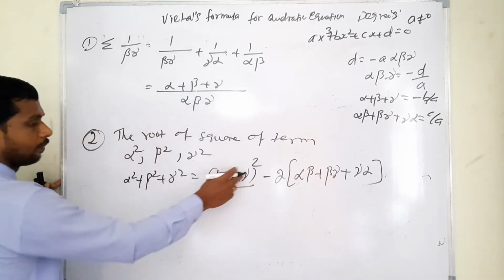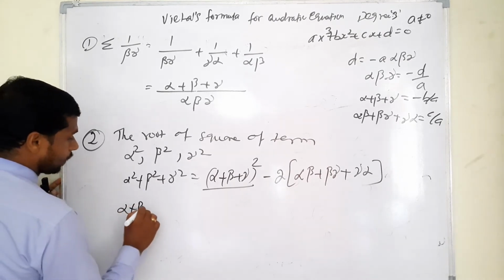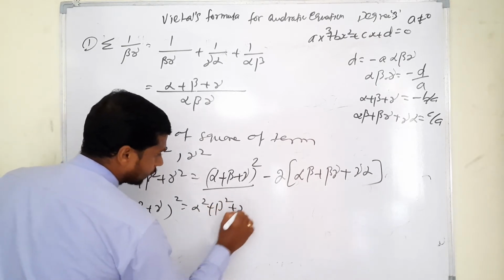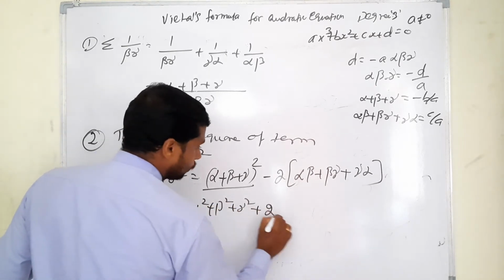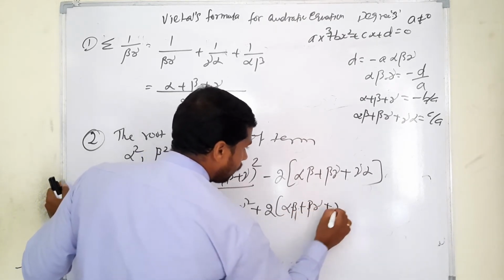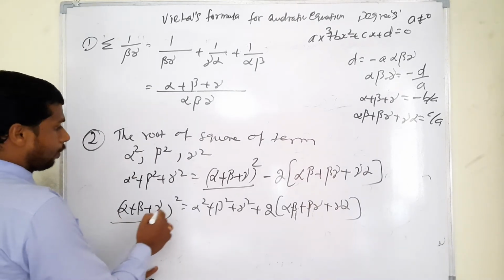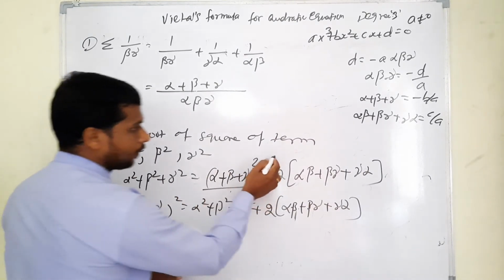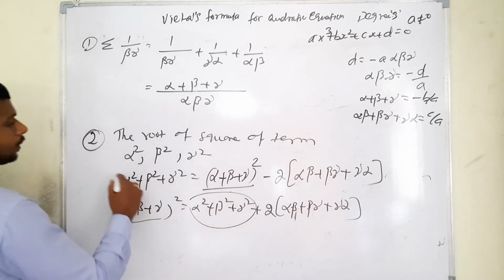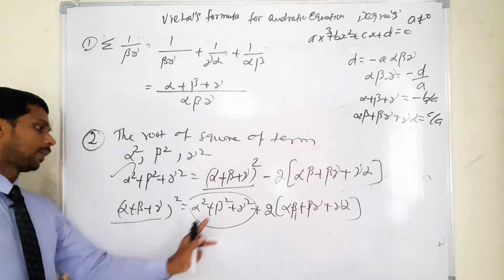Listen very carefully. What is the formula? a plus b plus c the whole square. So alpha plus beta plus gamma the whole square is equal to alpha square plus beta square plus gamma square plus 2 of alpha beta, then beta gamma, then gamma alpha. So instead of alpha plus beta plus gamma the whole square, when we replace, definitely minus 2 and plus 2 will be cancelled, so alpha square plus beta square plus gamma square will be repeated. Just for your understanding I explained it deeply.